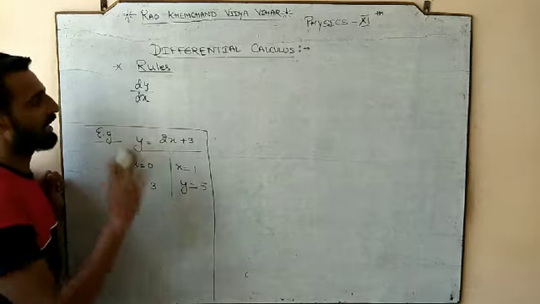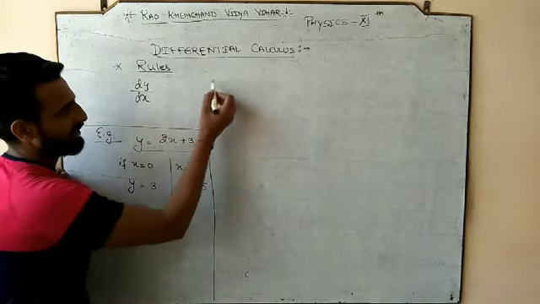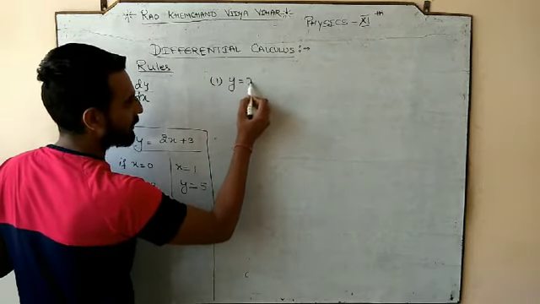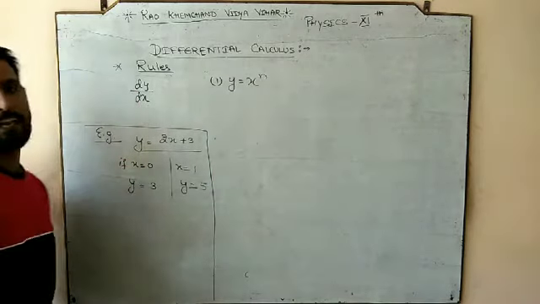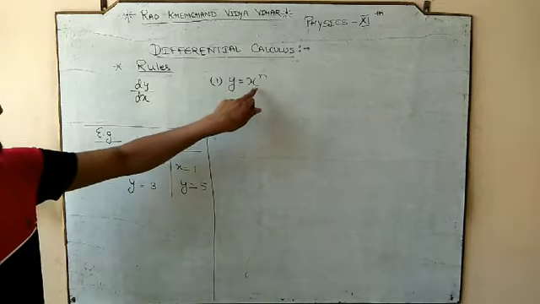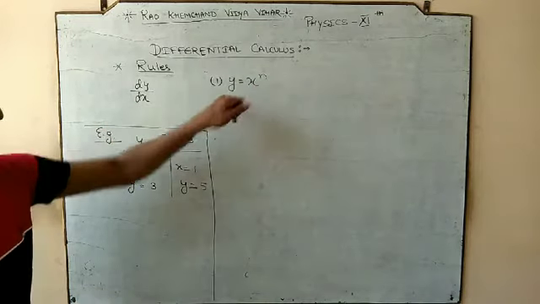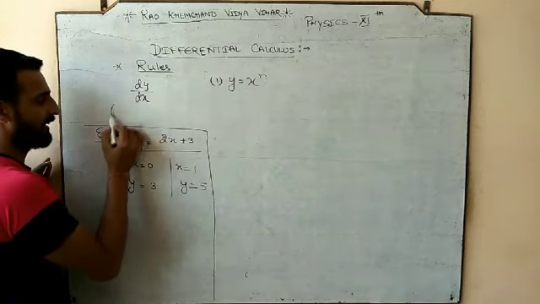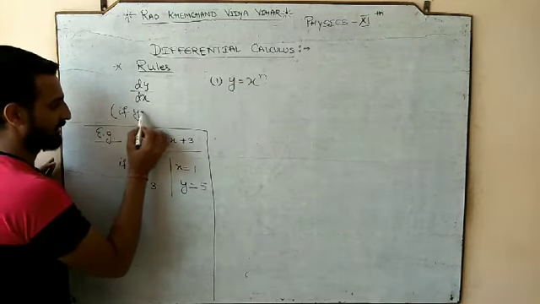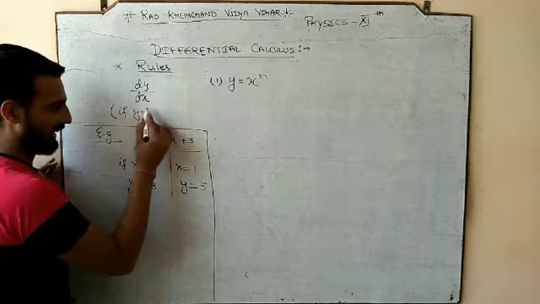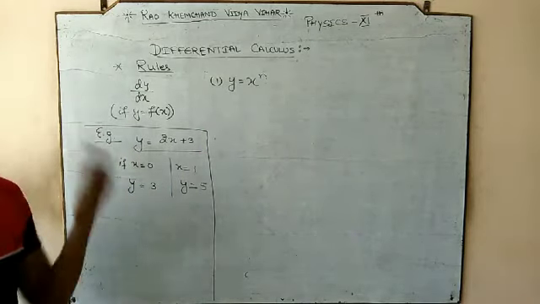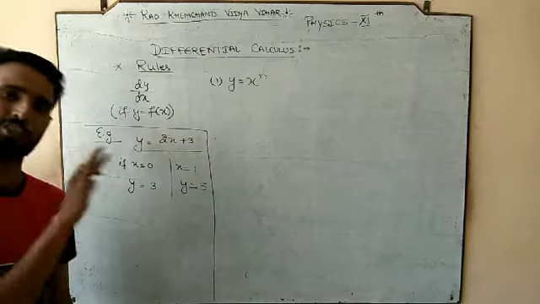तो हमें यही चीज निकालना है. तो इसके लिए चलिए केस स्टार्ट करते हैं. Case number 1, when y is equal to x power n. When y is equal to x power something, y is a function of x. So if we want to calculate dy by dx, if y is a function of x, यानी y should depend upon x. y x पे depend होना चाहिए. कैसे depend हो रहा है? It does not matter, but it should depend.